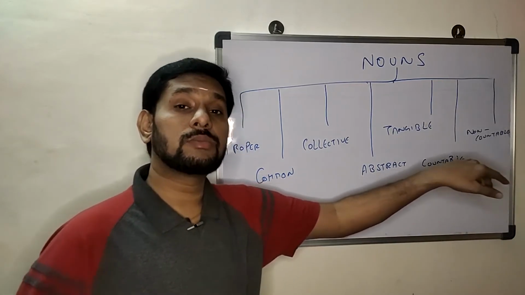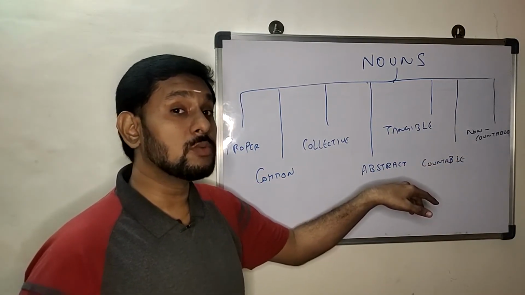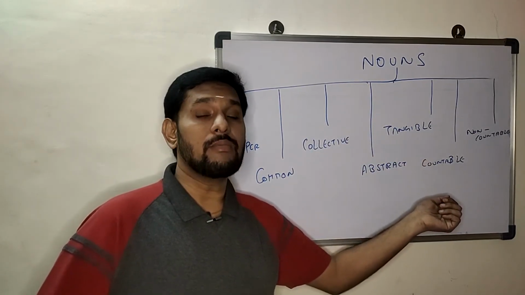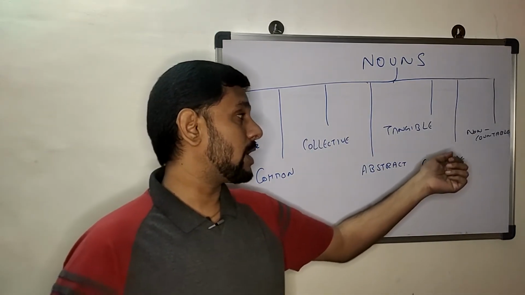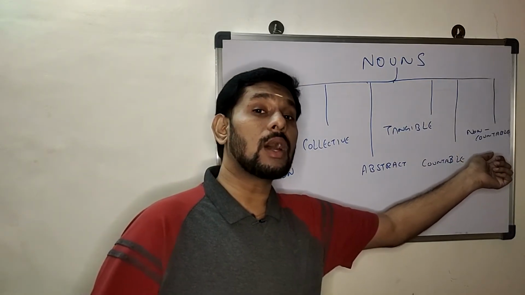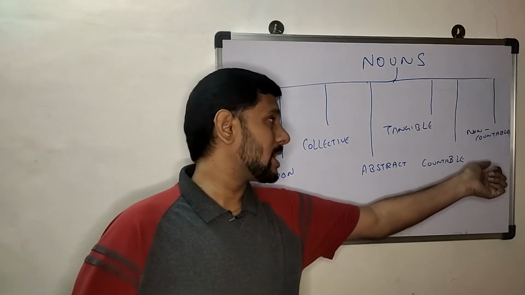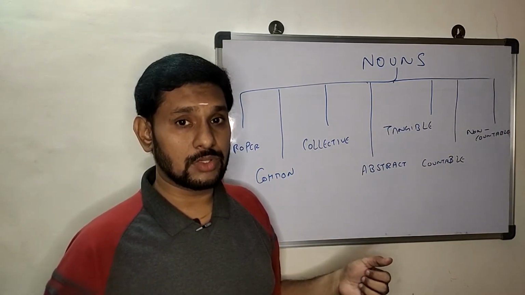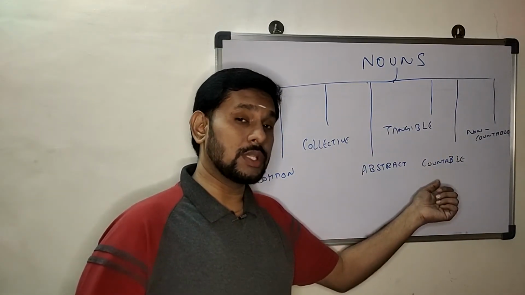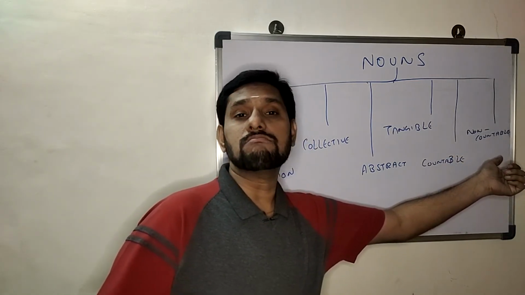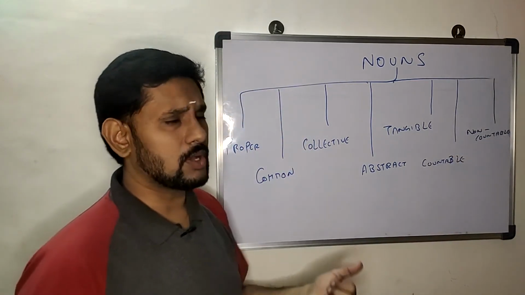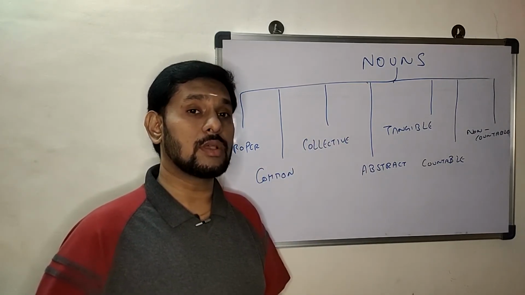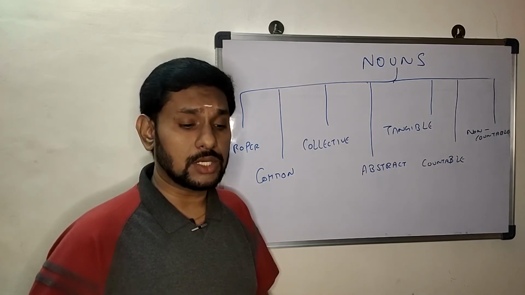Now, countable, non-countable, where I'm able to use the numeric system, I can identify the noun with a numeric system, then that becomes a countable noun. Whereas if I'm able to identify the noun only with a metric system, right, then that'll be considered as non-countable nouns, right? Here I'll be using how many, here it'll be much. So that is the difference. These are broadly used categories of nouns that we generally use in our English language.